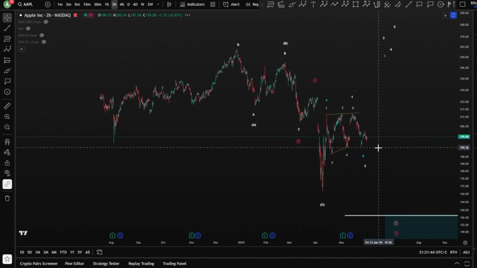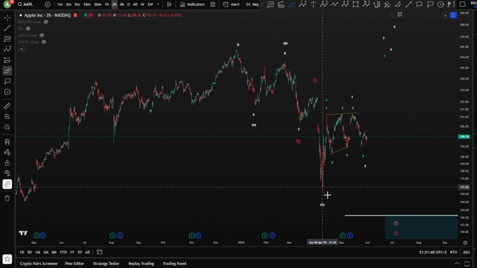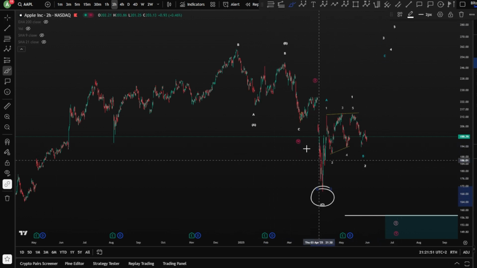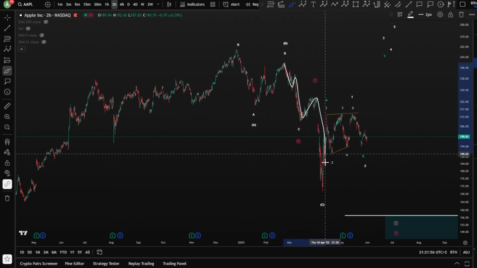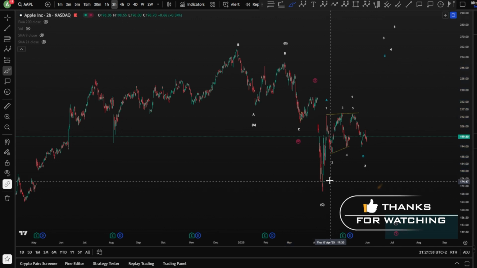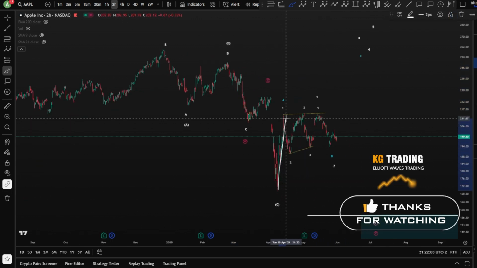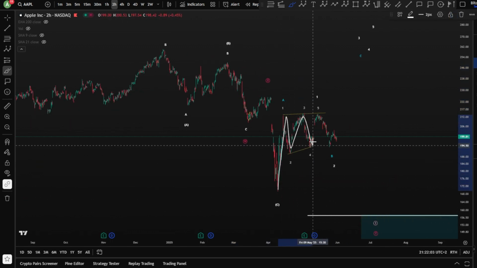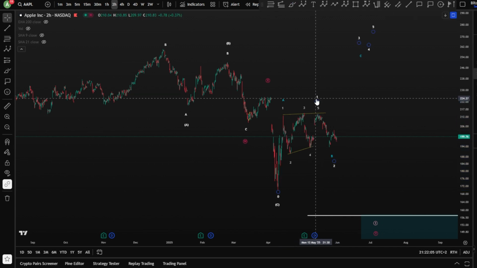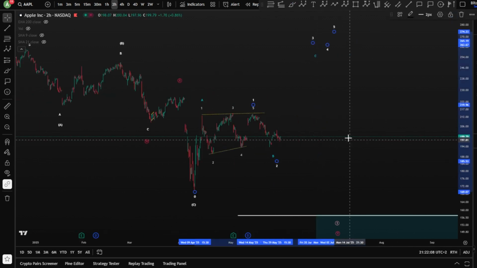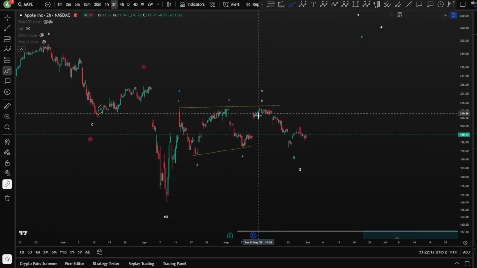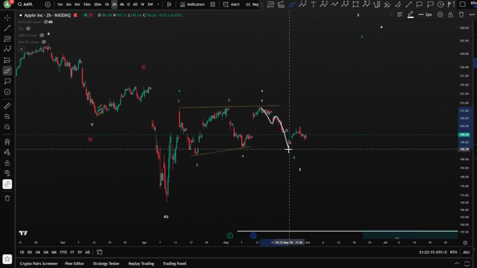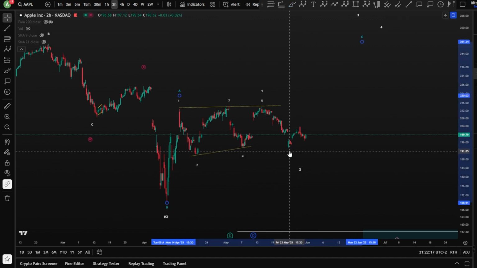Let's see what we have for Apple here, of course on the 2-hour chart, where we have bottomed for our last wave C, potentially in an A, B, C zigzag, a very extended wave C, and an impulse. Then starting a pull toward the upside, 1, 2, 3, 4 and 5 as a leading diagonal wave 1. And this wave 1 is followed by a wave 2, potentially here as another zigzag, where we see A, B, and C again, a very sharp zigzag to finish a wave 2 or a